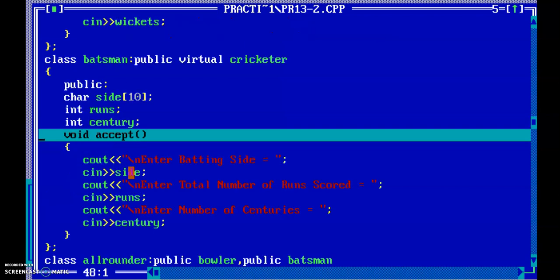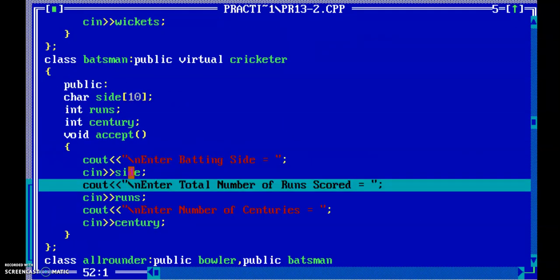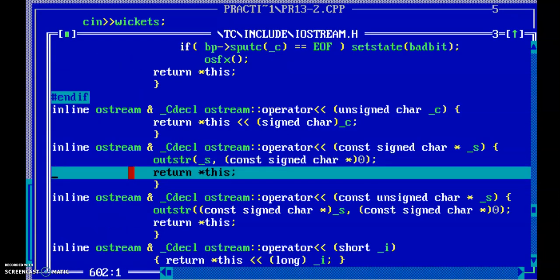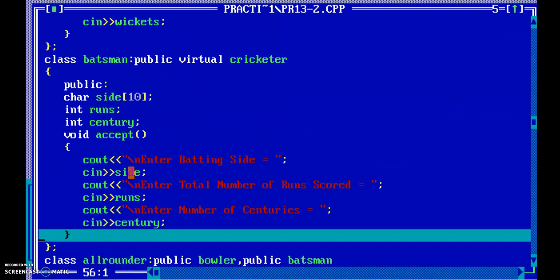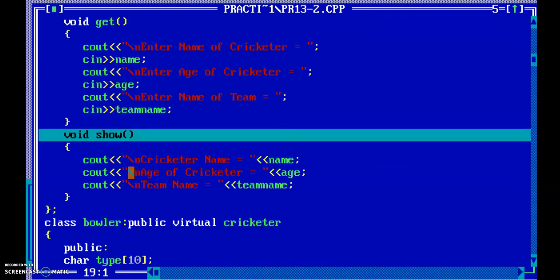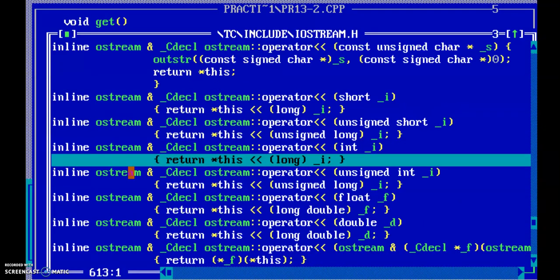Okay, then accept size, runs and century. I think something is going wrong here, guys.